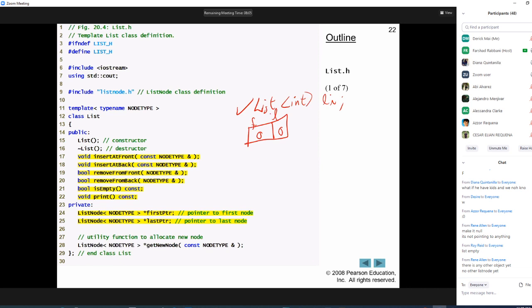So now I have my list object, and they initialize to 0. I want to start adding stuff to this list object. I know that there's a function called insert at front, and insert at front says, give me something of node type. In this case, because my list is of type int, automatically node type will also be of type int. So when I come here and I write li dot